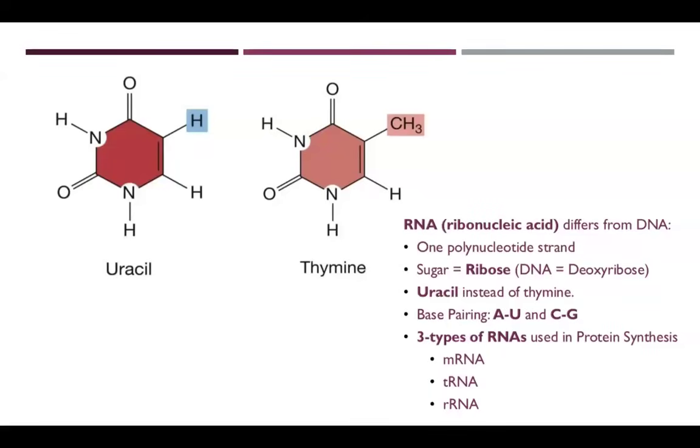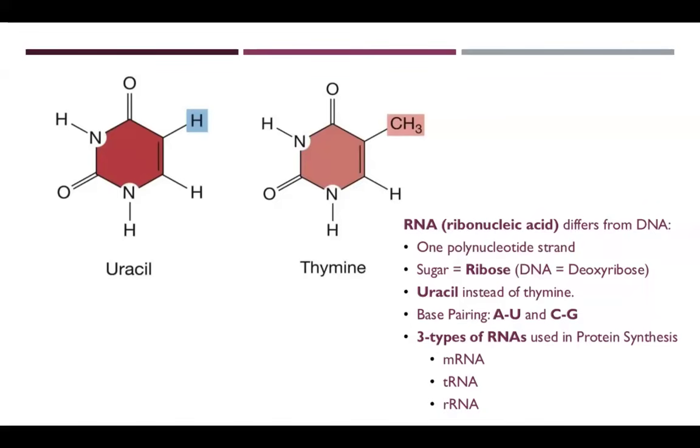So the differences between RNA compared to DNA: RNA has uracil instead of thymine. What's the difference between uracil and thymine? Thymine has a methyl group over here, while uracil only has a hydrogen. RNA also uses ribose instead of deoxyribose. If you were there in the first exam review session, I went over how DNA doesn't have an oxygen on, I believe, the second carbon, while ribose does have an oxygen on the second and third carbon. Because of that, deoxyribose is deoxy, it does not have an oxygen. RNA binds with uracil, so your base pairings are AU and CG.